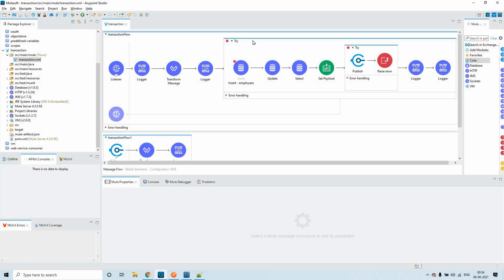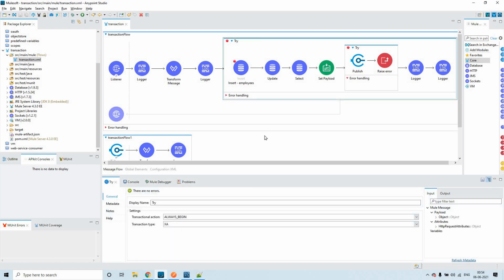But if your requirement is to incorporate multiple transaction-supported connectors into this try scope, in that case you have to go with XA transaction type.